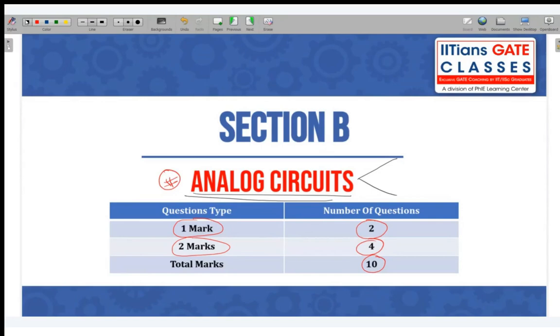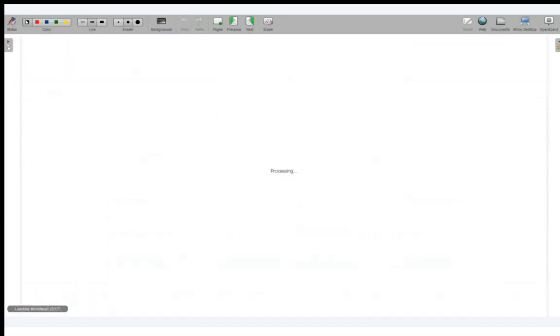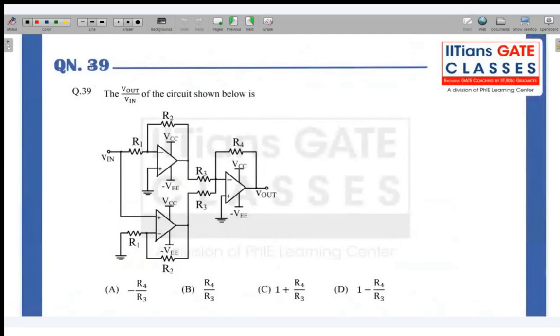So this was a question asked in GATE 2023, and I already discussed this question in my regular classroom. Whenever an op-amp problem is given in your exam, always keep this in mind: first of all you have to identify the circuit, because there are three op-amps. You have to identify the purpose of this circuit and what the name of